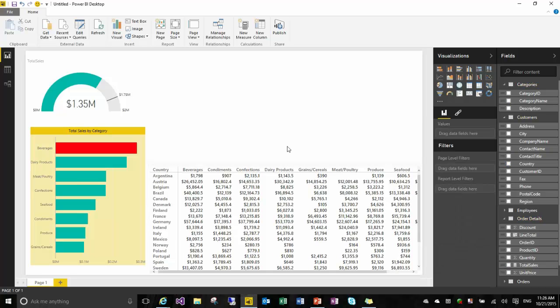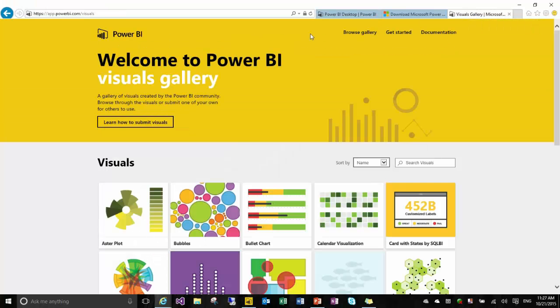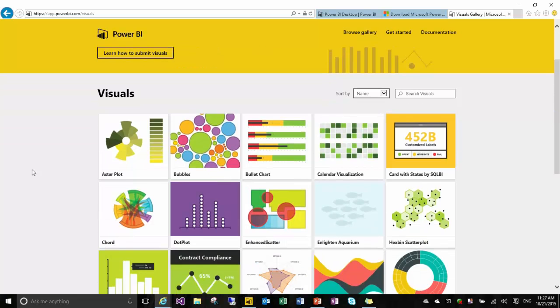But it's not only that we have a very rich set of data visualizations out of the box, we also have the ability to import custom visualizations. This is something that we're pretty excited about, that we just shipped in the October update. We are making Power BI Desktop completely extensible, in the sense of being able to add your own custom visualizations. Custom visualizations for Power BI can be created using the D3 JavaScript visualization library. It's open source, and there's a very vibrant community out there with lots of custom visuals that you can already